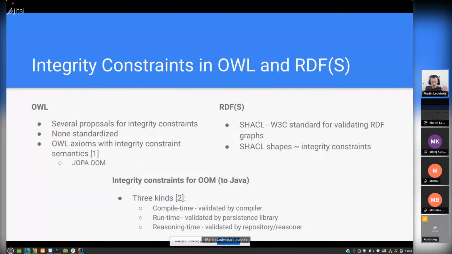For RDF in general, there actually is a standard. It's called SHACL, and that's basically an answer to the problems of the community, who recognize that integrity constraints are needed in many scenarios when using semantic data. Integrity constraints that we use, in the context of the object-ontological mapping, we can separate into three categories or kinds,